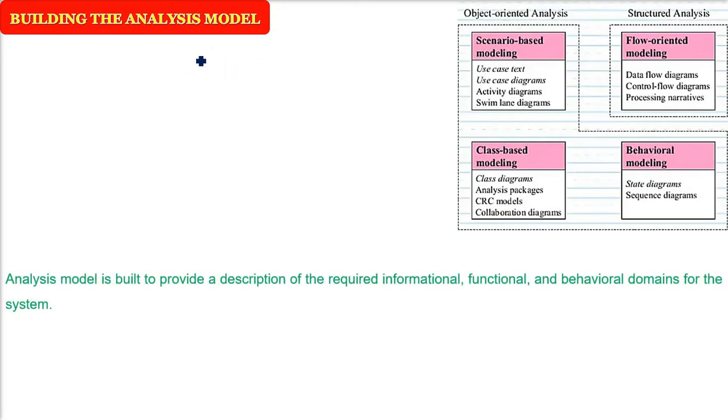Now this use case is very much related to your analysis model. Because when you are making an analysis model, there are various ways, because there is object-oriented analysis, structured analysis, and it gives you certain information. Analysis model is basically a model to analyze your requirement. That is, it will give you the description of what are the informational, functional, and behavioral domains of the system. Because how the system is going to work, what is the data, how it is going to function, what are the behaviors, what are the events, what are the triggers. These all have to be catered.